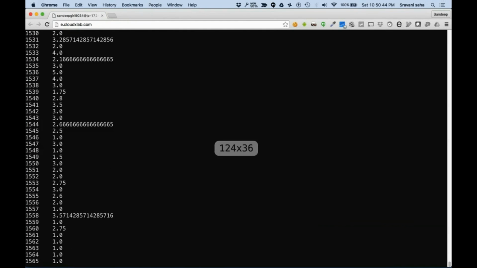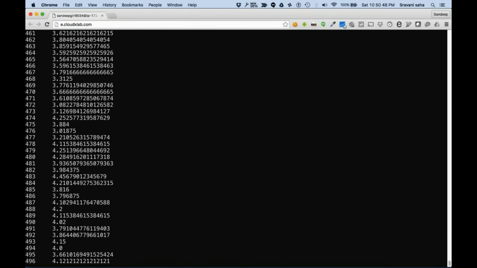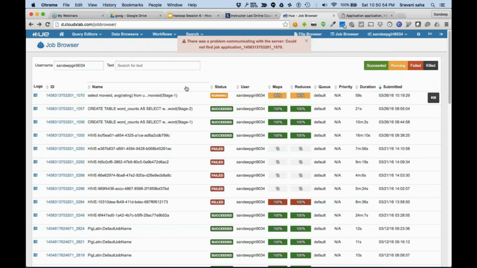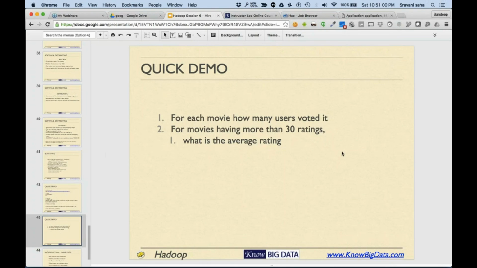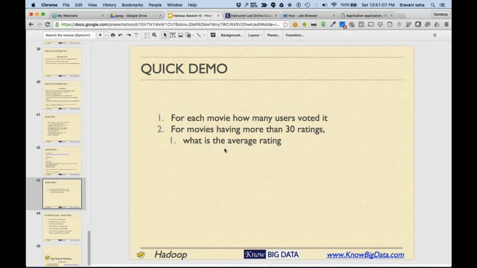Now, if the query goes complex, it'll be difficult for you to actually do the same thing. So what I would suggest you do is use views along with these complex queries to solve these two problems.